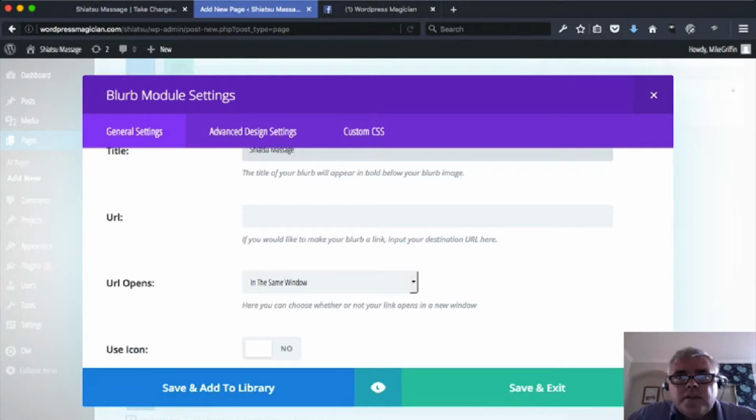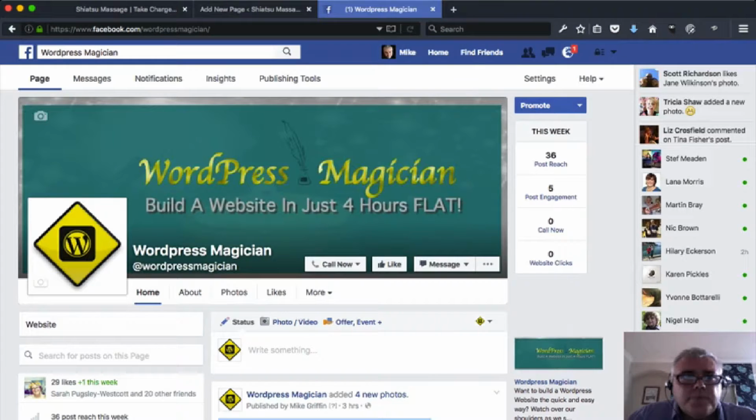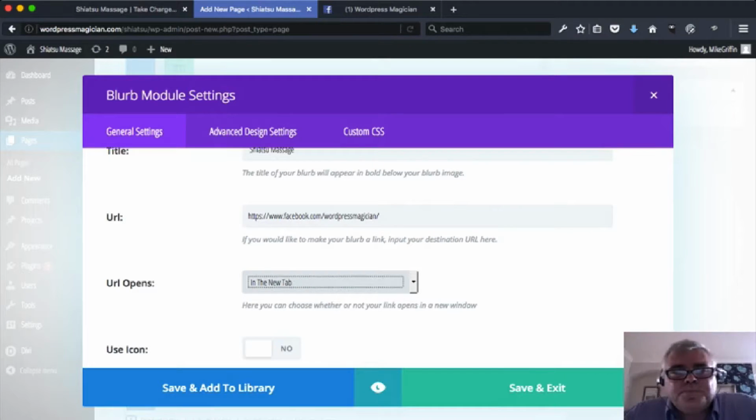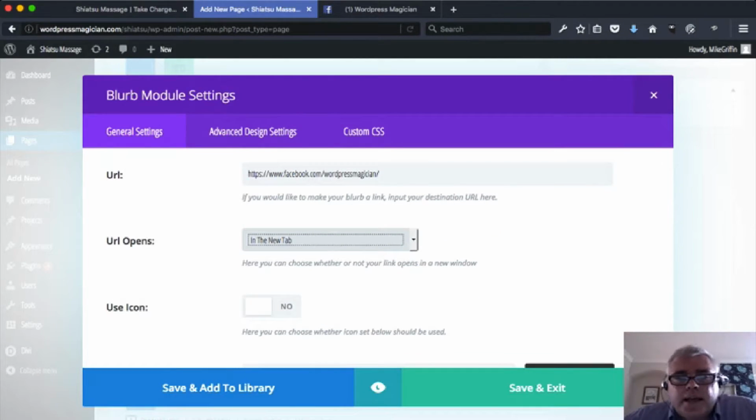Let's just take the Facebook post here, and just for example we can just take that, and then we can add the URL into here, so we can send anybody where we want to go on the internet. We can ask them to open that URL in a new tab so that the website itself stays